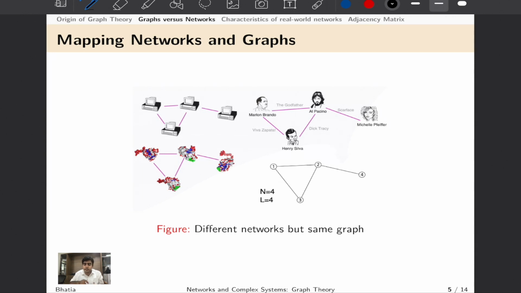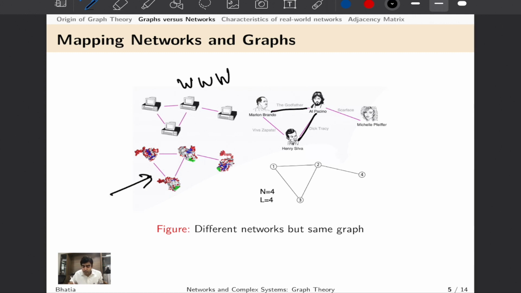To understand it, let us look into our next example. So here I have shown three networks. One is the World Wide Web, where routers are interacting with each other in some meaningful way. This is called the actor network, where we would connect two actors by a link if they have acted in the same movie, if they have acted together in one of the movies. For example, this actor named Marlon Brando has worked with Al Pacino in the movie The Godfather. That means there is a link that exists between them. Similarly, Al Pacino has worked with Henry Silva in the movie Dick Tracy,